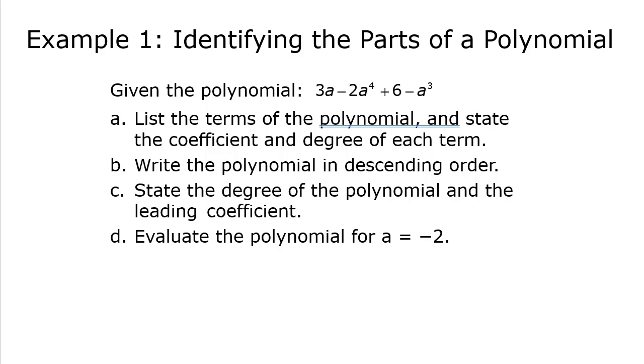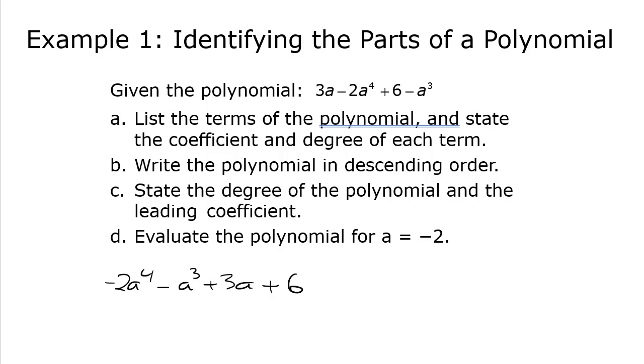Okay, write it in descending order. Also easy. Find the highest power. So it's -2a to the fourth. Next power is the 3, so minus a cubed. There's no squared, so we go to plus 3a, and then finally plus 6. So there it is in standard polynomial descending order form. Now we can state the degree of the polynomial. It's the highest power, so it's degree of 4, leading coefficient of -2,